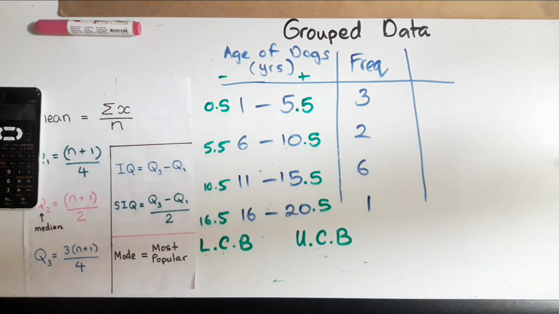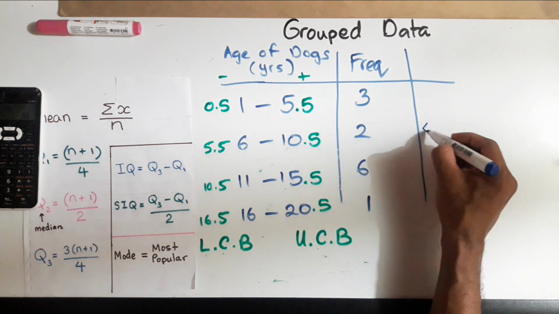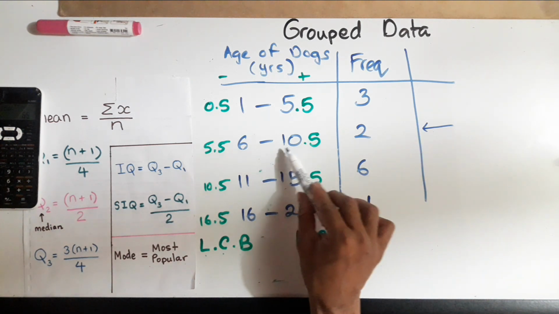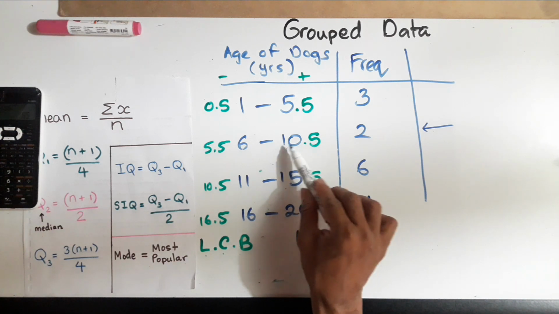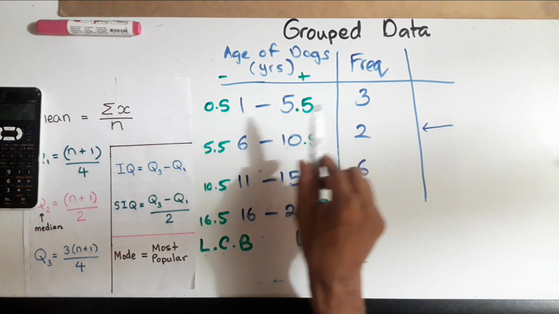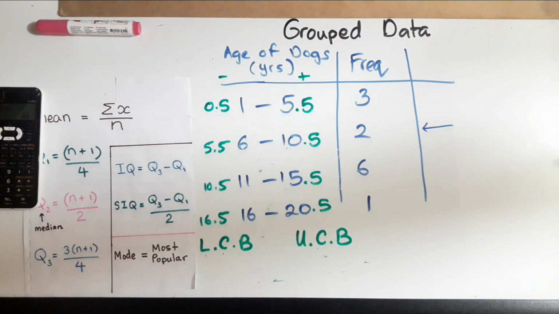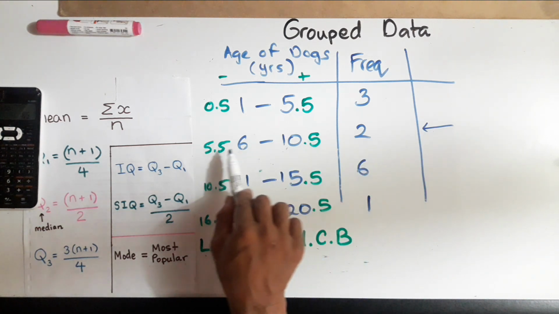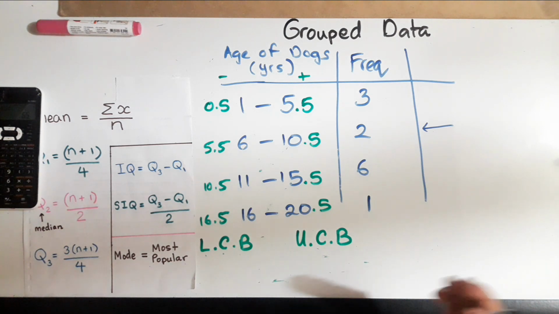Sometimes in a question, I'm sure some of you may have come into contact with it already, they will ask you, for this row, the one where the frequency is 2, what is the value of the upper class boundary? Well, that's very easy. The upper class boundary is 10.5. You only get the upper class boundary after you add this certain number. And if they ask you what's the lower class boundary of this group, well, it's 5.5. So these simple questions can come in a general multiple choice exam.